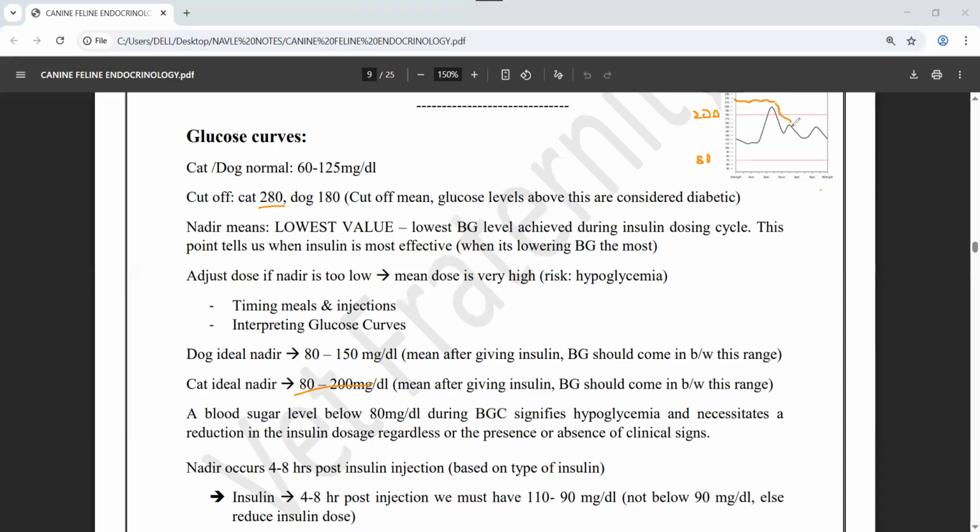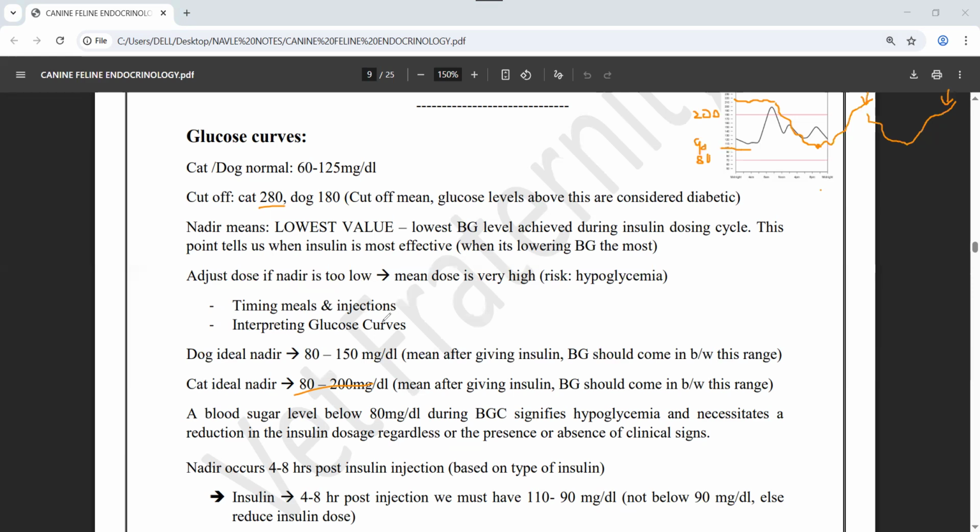You have given insulin, and the cat's glucose starts to fall, and the minimum level achieved is 90. After that 90, it starts to increase again and then goes up. Then you have to give the second shot of insulin, and then it starts to decrease and then again increases, then the next dose of insulin, because we have seen that insulin is mostly given twice a day, in the chart we saw in the previous video. So this is 90, the lowest point achieved.